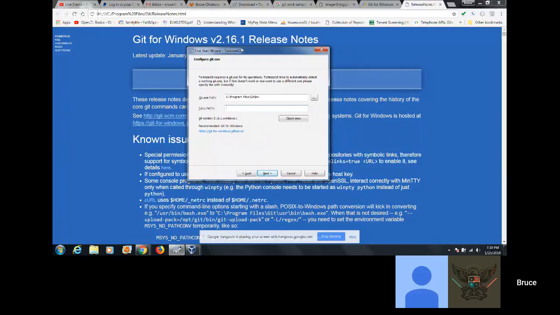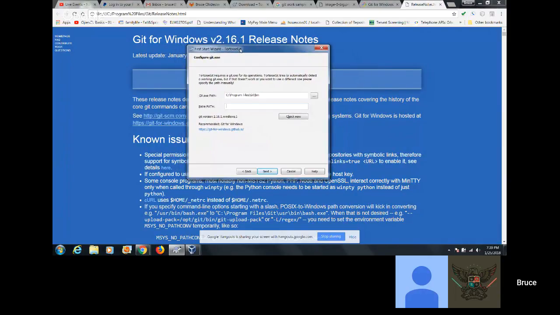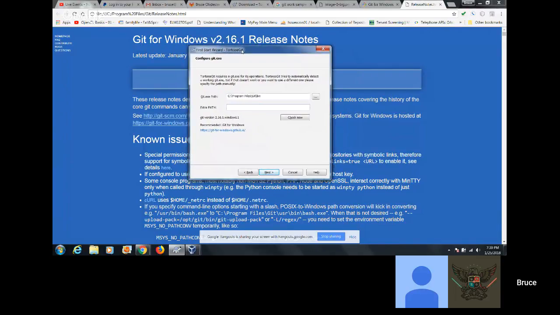Okay, so it's done downloading. So do I do the launch Git Bash? Yes, launch Git Bash, and then I don't view release notes? Forget all that stuff. Just do all the defaults, and eventually you'll get back to the spot that you see on their screen. Your computer's slow, Ryan. Yeah, it really is. You need to get an upgrade.